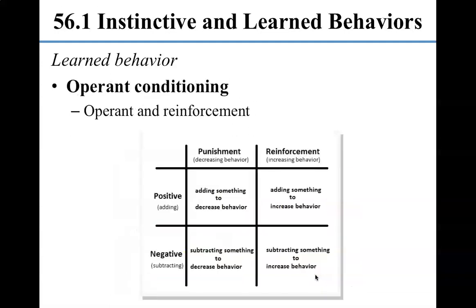Operant conditioning is another type of learned behavior where animals learn to link a voluntary activity with its favorable consequences. So sometimes operant conditioning is called punishment and reward. And basically this is how we train kids, right? So we don't ring a bell when we feed our kids, but we do say something like, hey, you were quiet in church, so you get a piece of candy after church. So that's a reward. So that's reinforcing the behavior that we want the child to display.